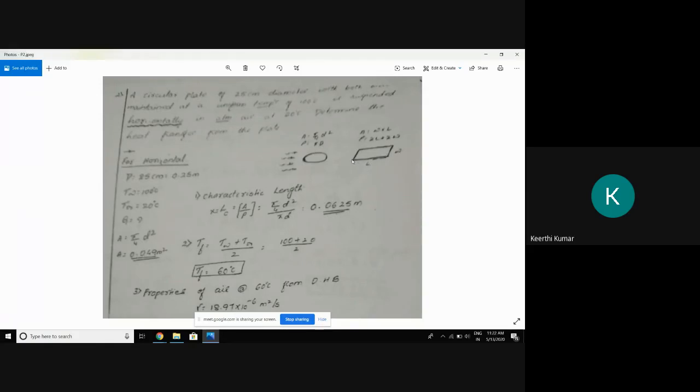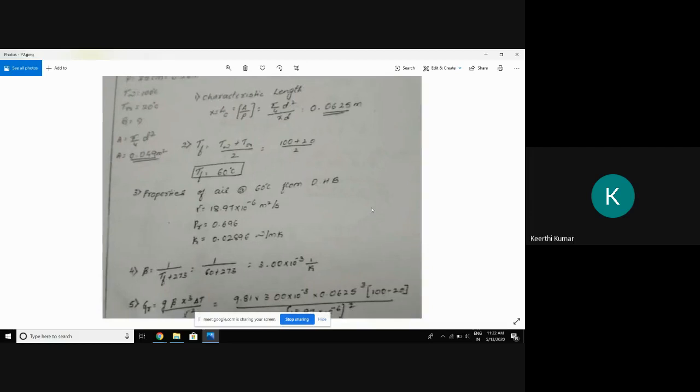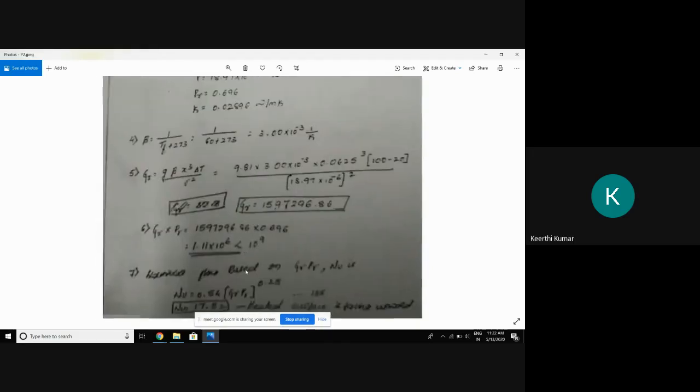You remember, the value of X will be parallel to the motion of the air. The value of L will be parallel to the motion of the air. Then can I tell what the formula is? Once you get this formula, substitute this and get the value of Nusselt number. This is for a heated surface if the facing is upward. If the facing is upward, I can use this formula. Okay. Done.